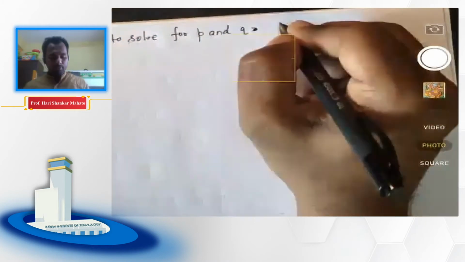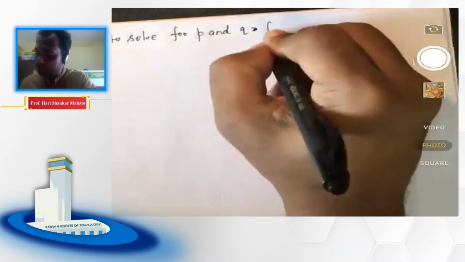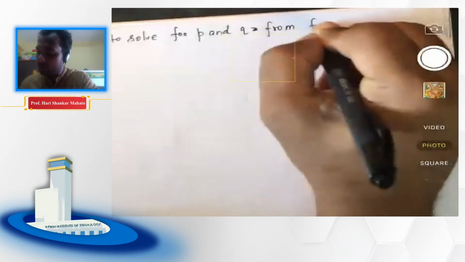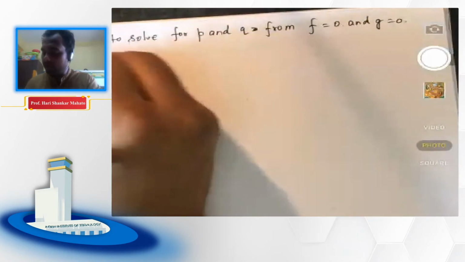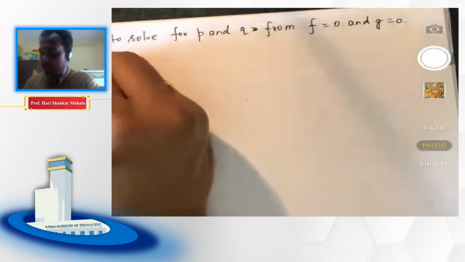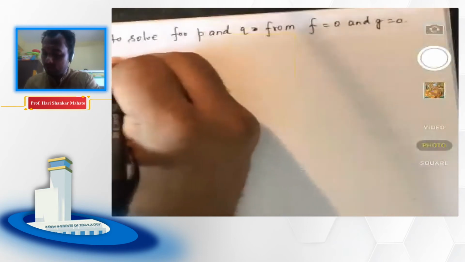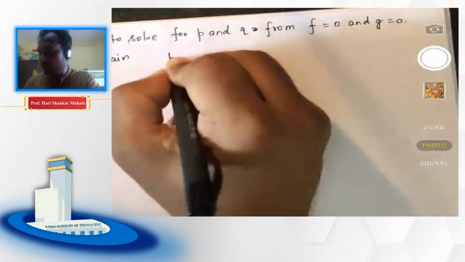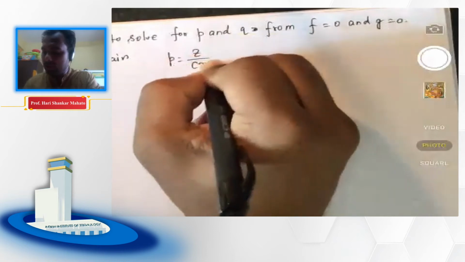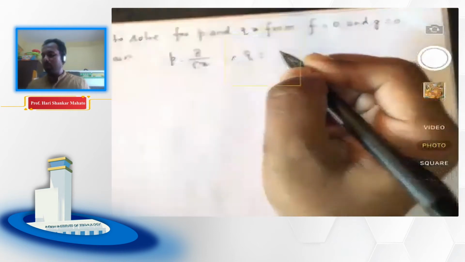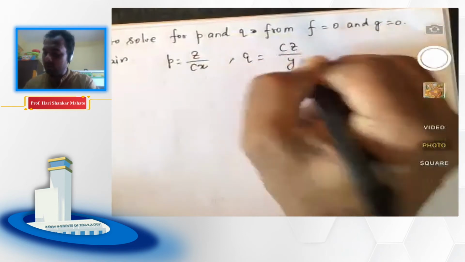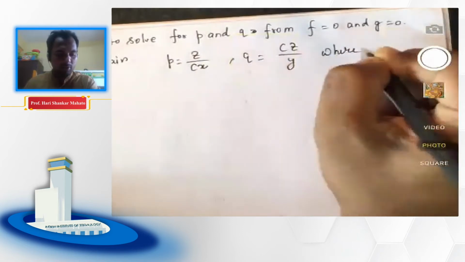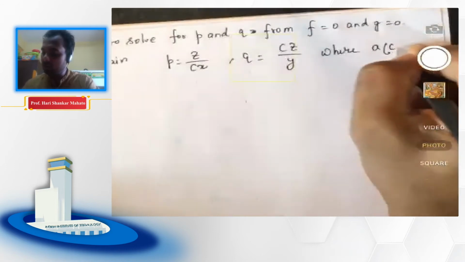So first of all, from f equals 0 and g equals 0, obviously if we solve, then we obtain p equals z by cx, and q equals cz by y, where c is another parameter, or another constant, which is related to a by